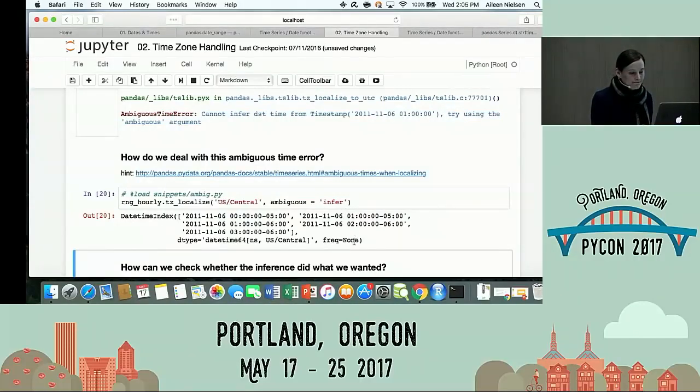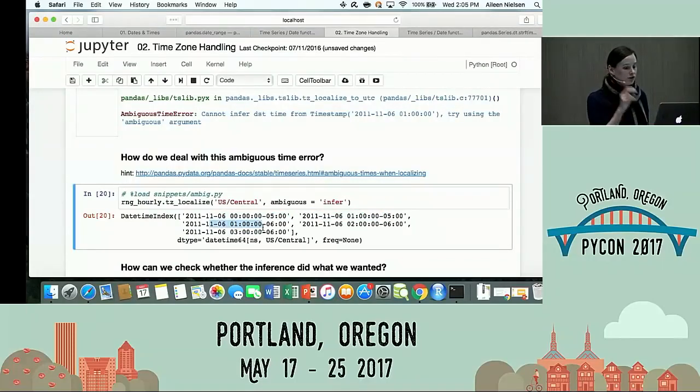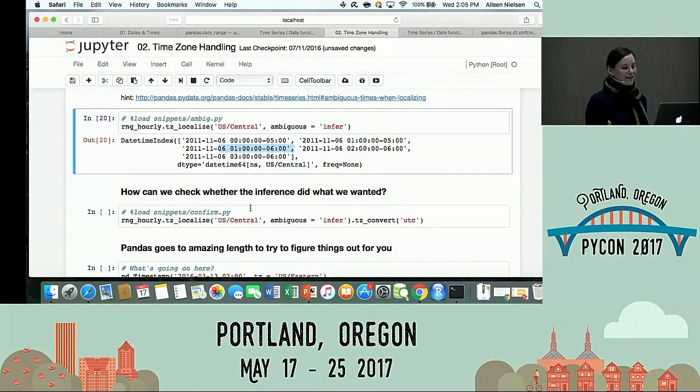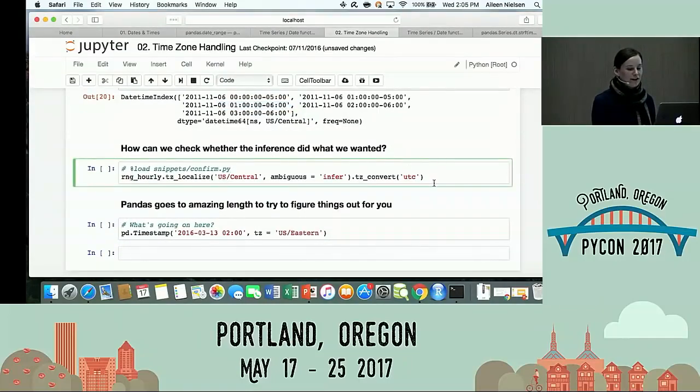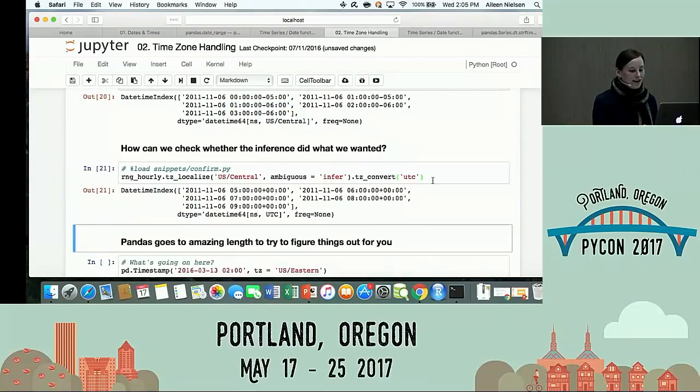So what did it do? What happened here? So it's 1 o'clock, 1 o'clock. That part is still kind of dysfunctional and weird, but it went from -5 hours to -6 hours. So it recognized that what I was trying to do was account for the fact that we had fallen back, so that we actually did have that 1 a.m. twice. I want to express that with a label, but it says, hey, once I disambiguate this and relate it to UTC, they're actually 2 different hours. So boom, it takes care of it. Hopefully you'll never have this kind of esoteric problem, but if you do, it's really nice that it's taken care of. And you can see here, if I just convert it to UTC, it is now nice and functional.